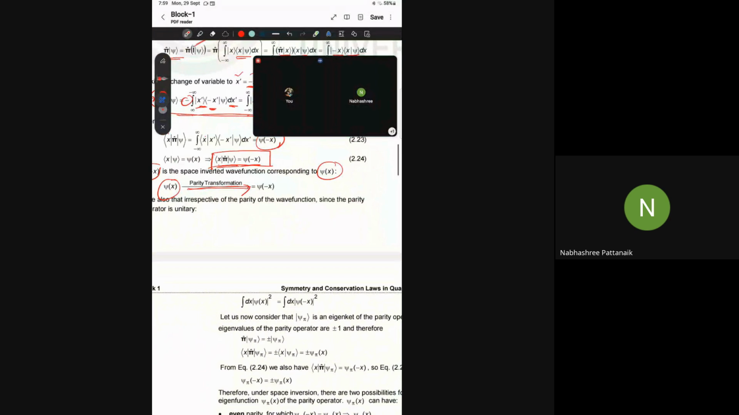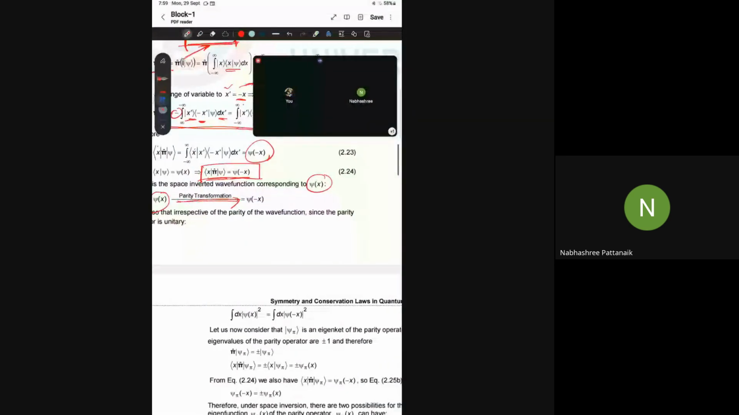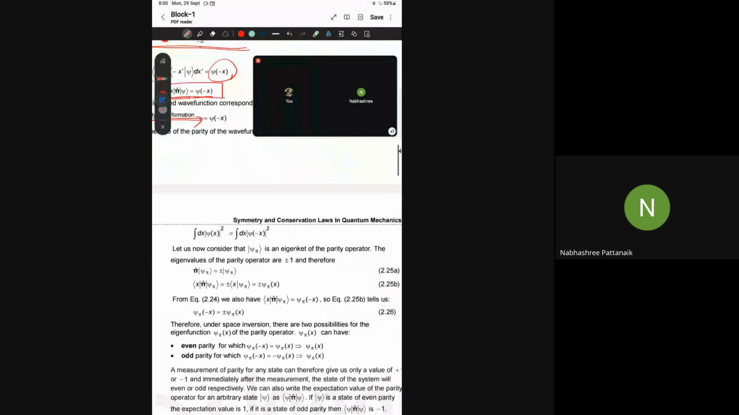So that's what it is telling. So psi x mod square dx should be equal to psi of minus x mod square dx, because that is the property of the wave function, right? That is clear? Yes, sir. So now it is telling, let us consider that